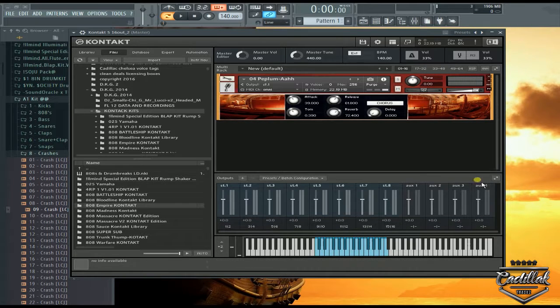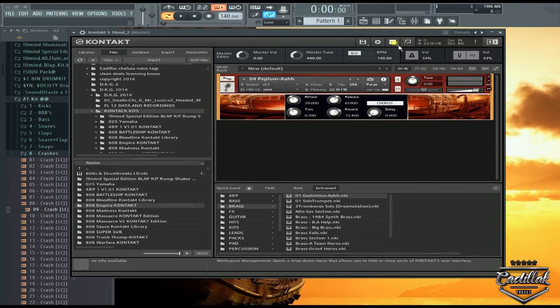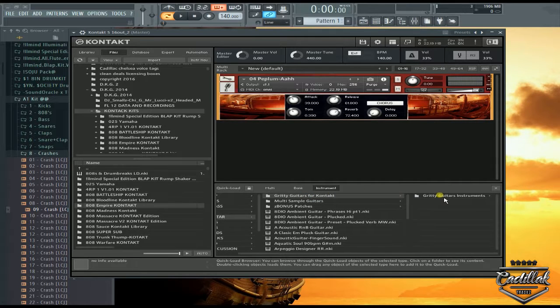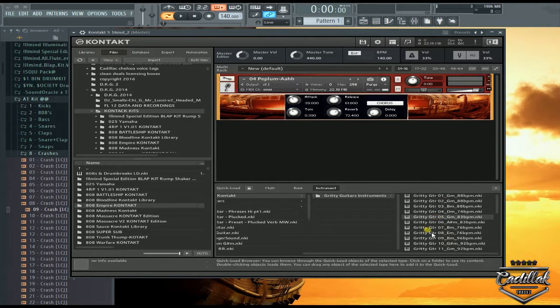So this is just a quick tip about organization. Click on quick load right here, and make yourself some different folders. Once you've got a couple different folders, go ahead and start bringing sounds into them. You can actually bring folders inside of folders, because you see this guitars. I have a folder right here, this gritty guitars I just got the other day. You just bring folders in, and it makes it more organized